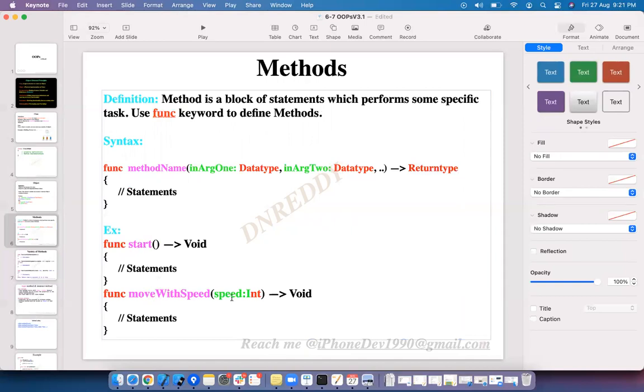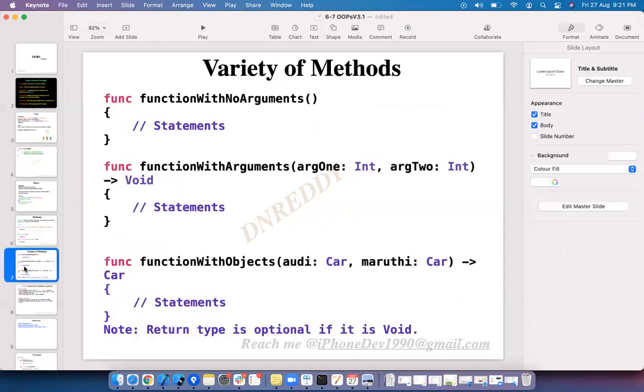Move with speed. You can also have the input arguments. This is what I am having here. Speed is input argument, and move with speed is a method. And again, it is not returning anything. It's simply performing: the car is moving with so and so speed.